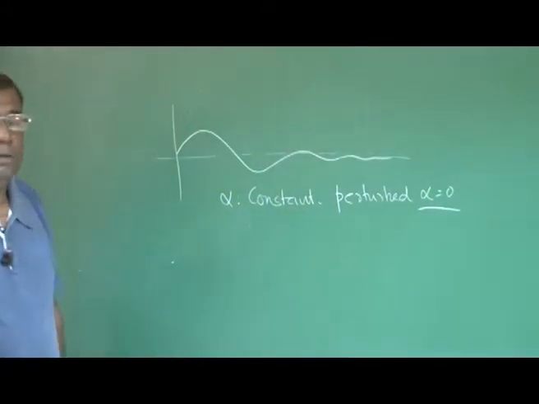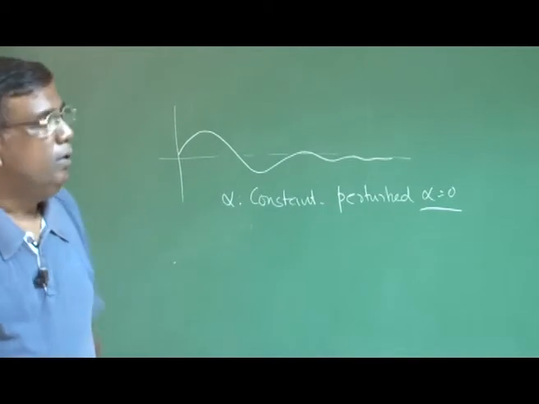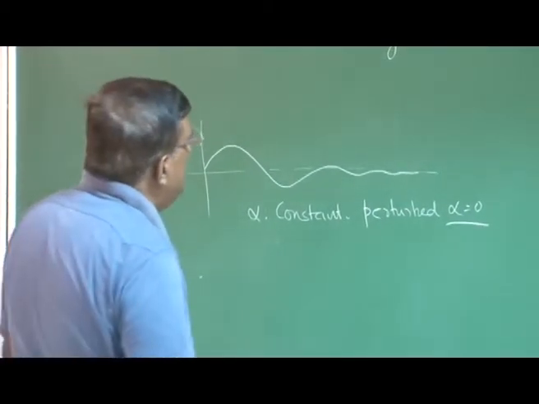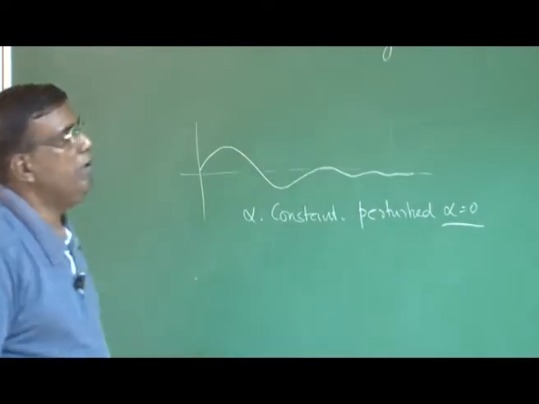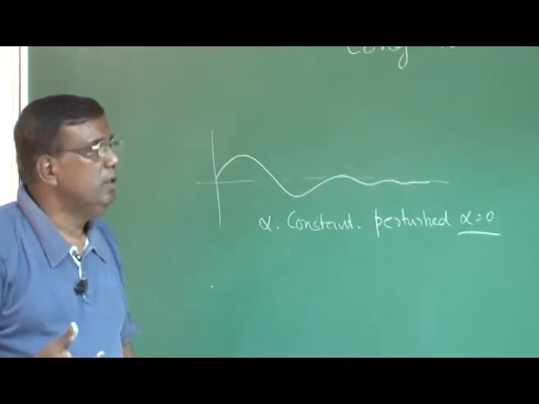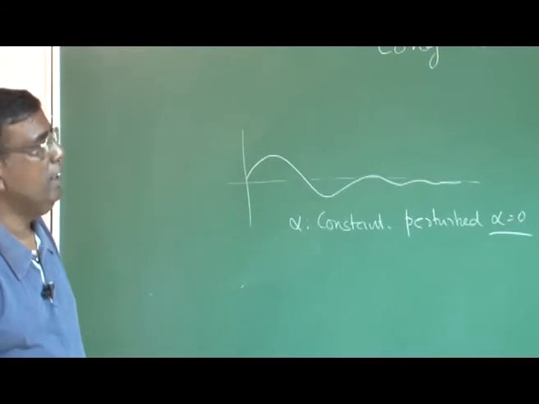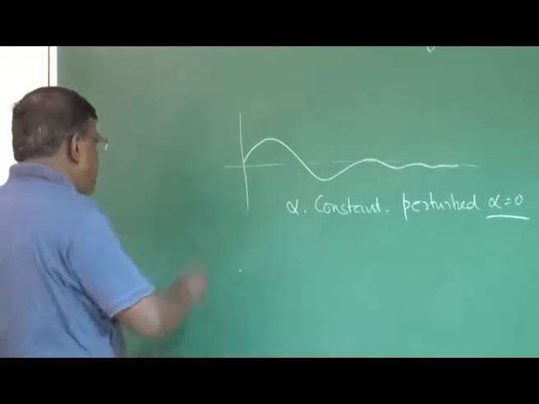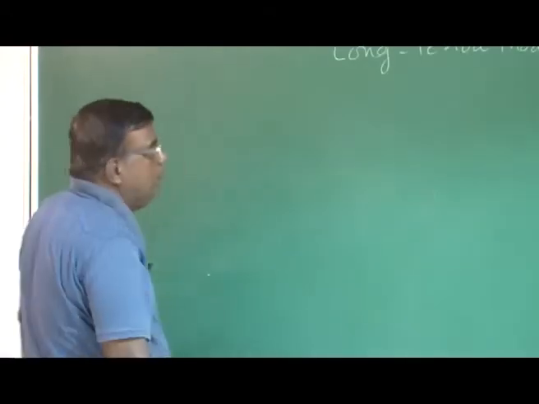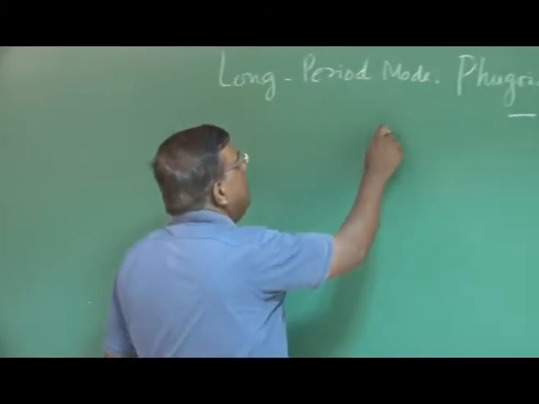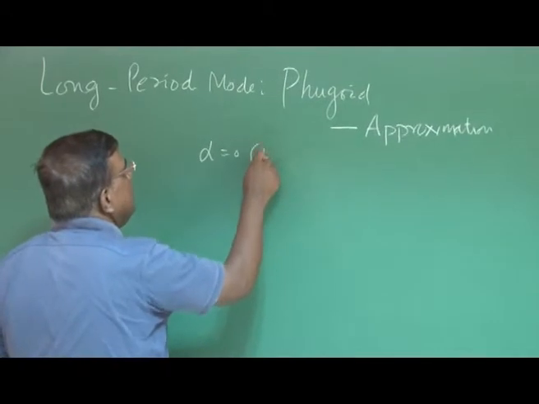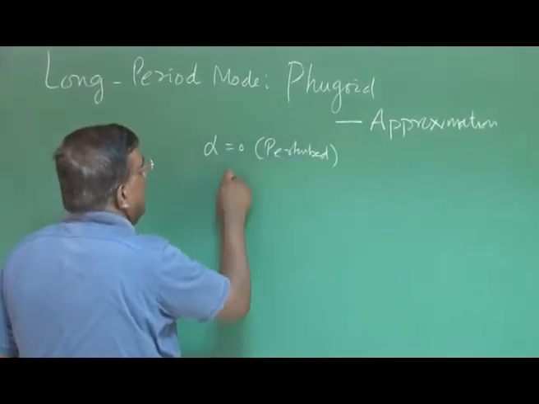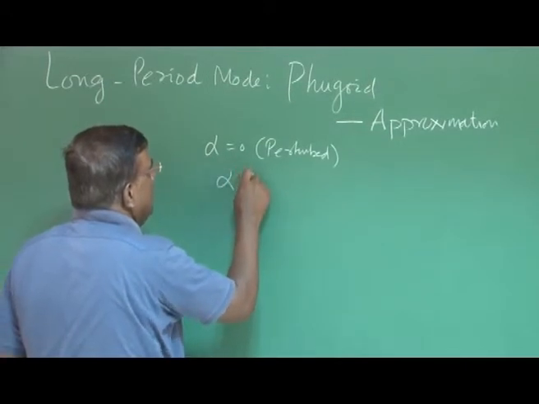It's not a good approximation for your information, but okay, it's a classical approach, and you will see that this also will give us some very relevant insight to understand the longitudinal dynamics of an airplane, right? So, the moment I talk about perturbed alpha is 0, or I say alpha total is constant,